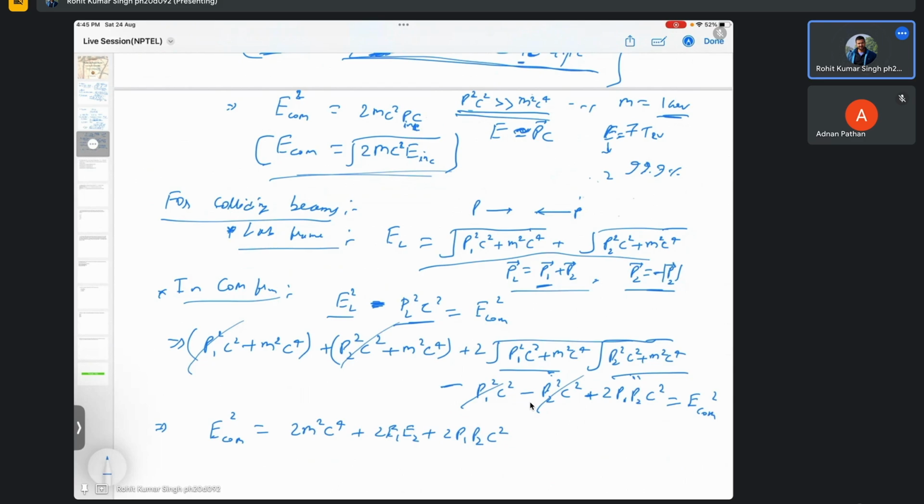You can simplify it. Now in most cases we use the same acceleration in both beams, so both beams get accelerated to similar momentum. So that is, P1 equal to P2, the magnitude is same. We use the same ring for the acceleration, same magnetic field, same everything. So then if you combine this, you will get again